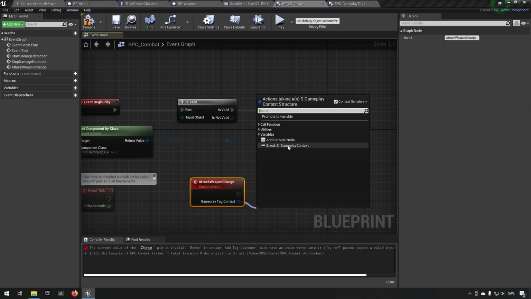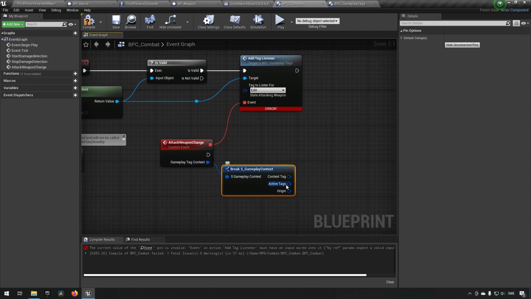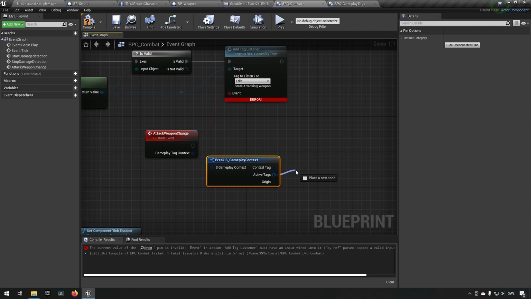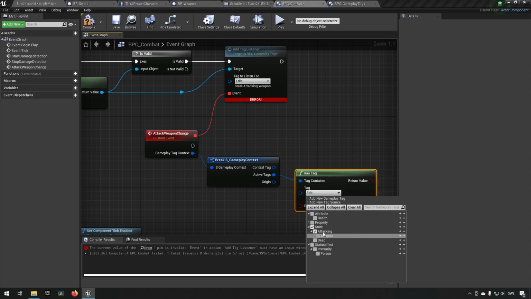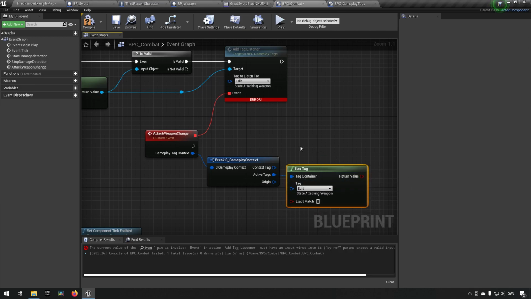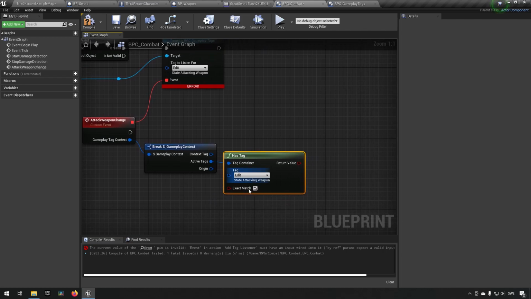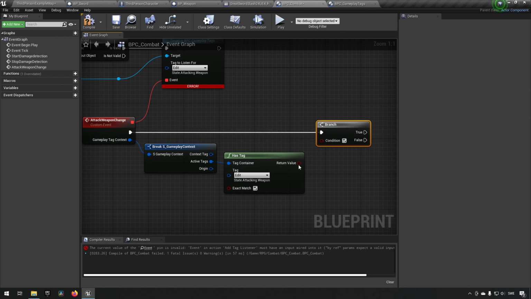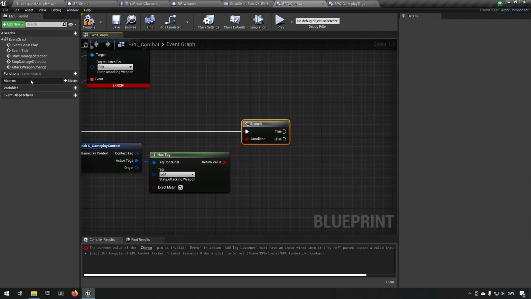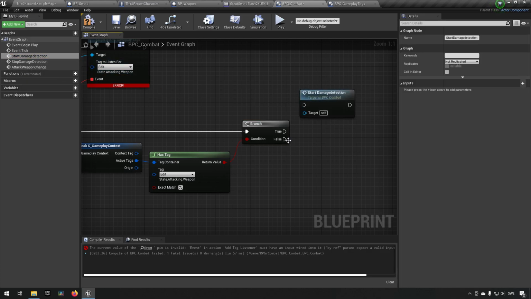So what we'll do here is we'll break this, because in here we have our active tags available. And from that we will check if it has the tag of attacking weapon currently in it, which means that at this point it still has it on. And we'll make sure to have it as an exact match here in case we want to specifically look for this one. We'll have a branch here that will check against the result from this. And from here we can now call on our functions that we've created, or rather not functions, but events in this case. But so if we have the tag, we start damage detection,